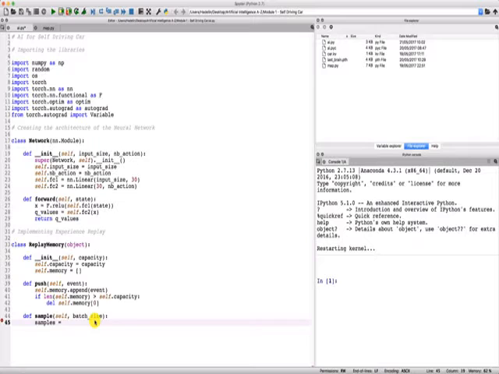I'm starting by taking a zip function. I'm going to explain very soon what it does. And inside this zip function, I'm going to add a star. I'm going to explain that as well. A star and